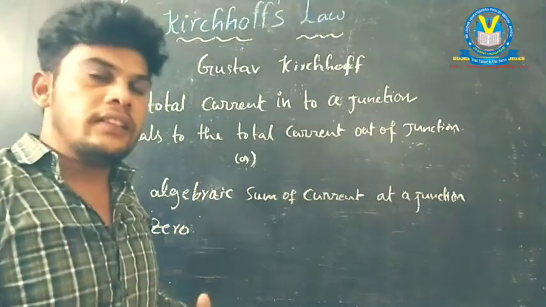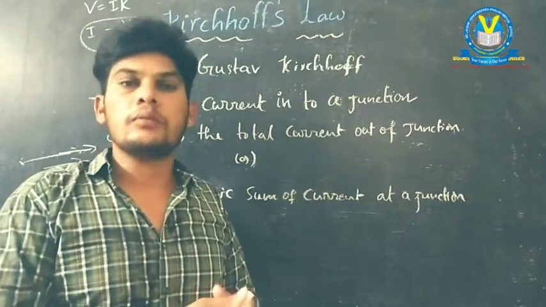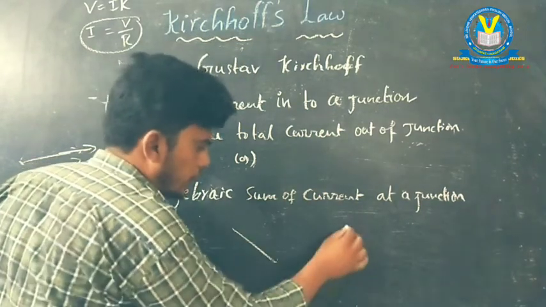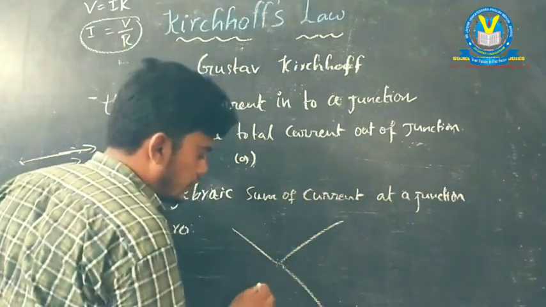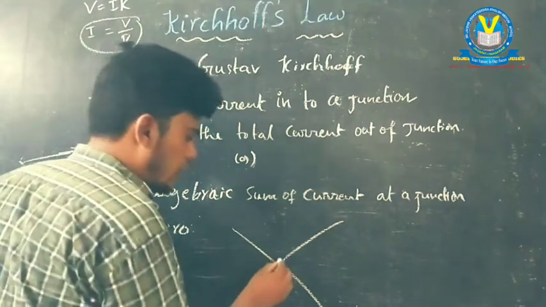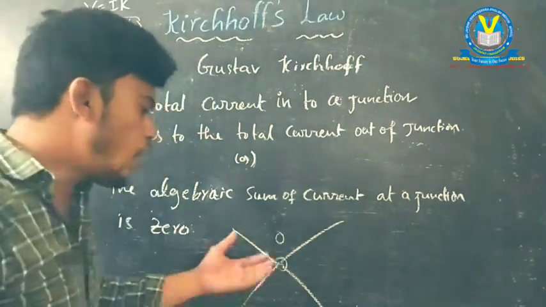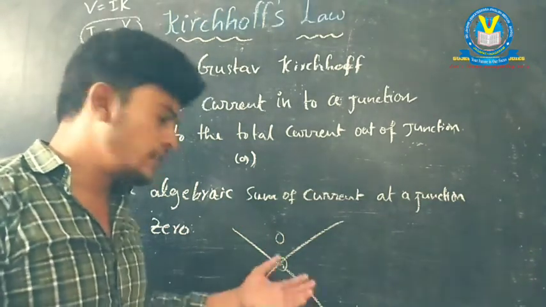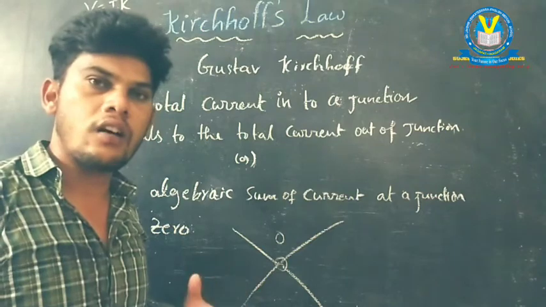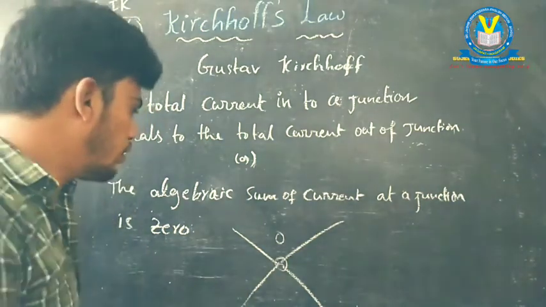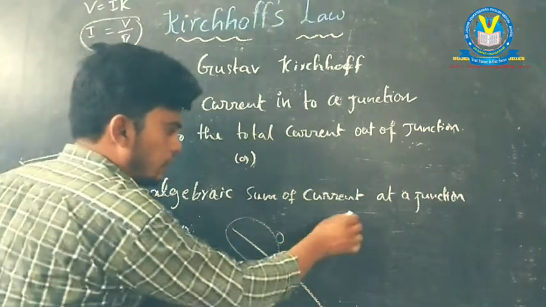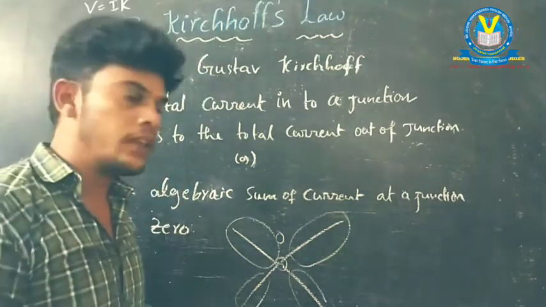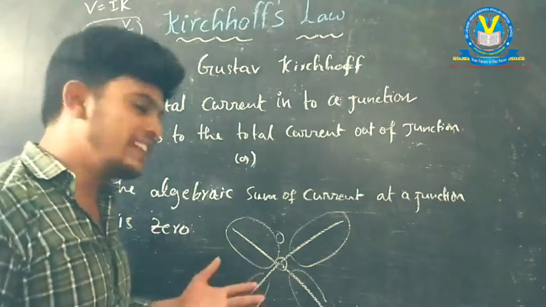And if there is more than one conductor, means there are a number of conductors. This is one conductor, this is one conductor, this is one conductor, and this is another conductor. They meet at a point O. Then how can we find out the current flowing through this junction by using Ohm's law? We have to find out individually for this and this and this and this. It is so difficult, you know. That's why, to make it easy,